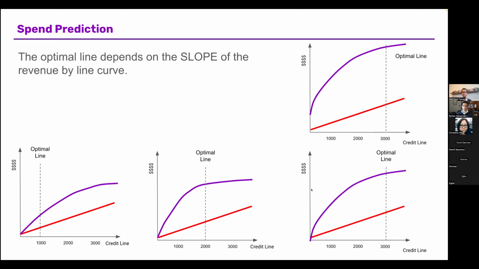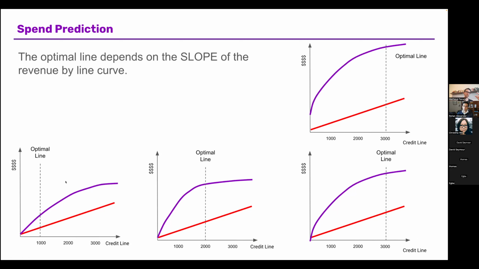For instance, if you look at the right part of the slide, you can see two spend curves, one which is shifted up and one which is below. It doesn't matter if my spend is shifted up or down. If the slope is the same, I'm going to have the exact same optimal point. What is going to define the optimal point here is only the slope of the spend curve. So for the same risk curve, for the same red curve, what will define my optimal line is how steep the spend curve is.